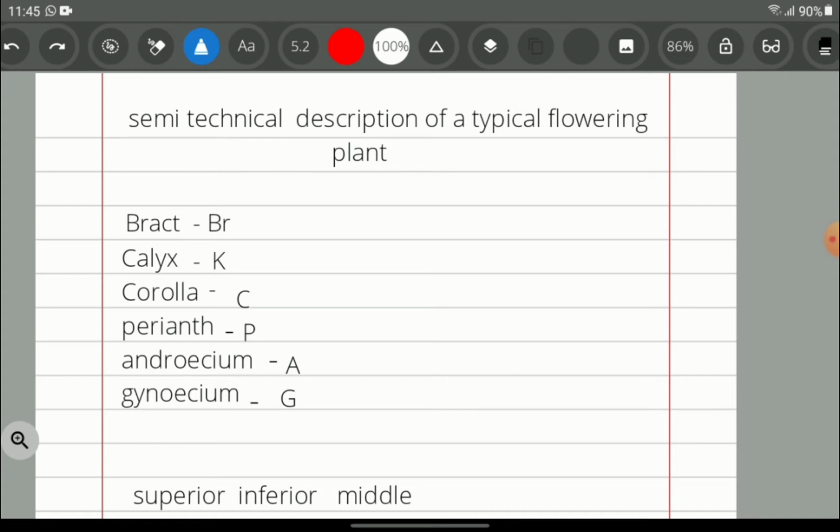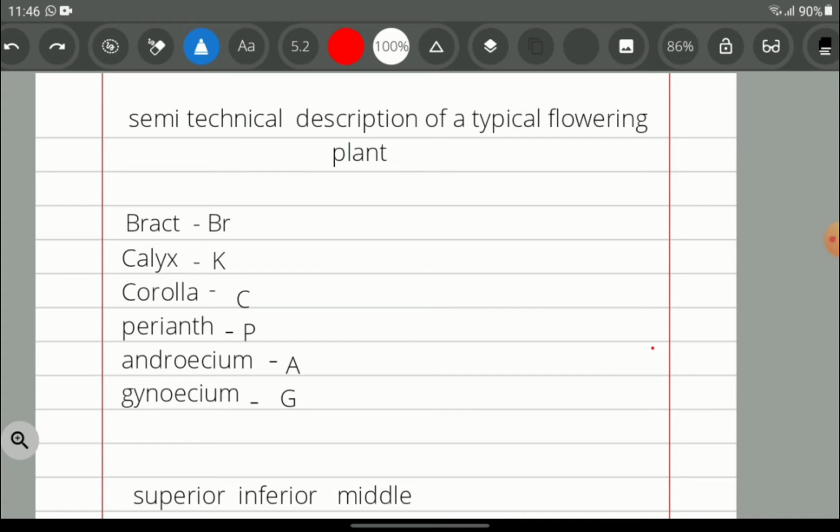So why do we need this floral formula and this floral diagram? See, when you say a floral formula, it is a condensed form of saying how the plant looks like. It says about the bract, petals, sepals, perianth, androecium, gynoecium, and all those things. It also says about the symmetry, and whether the plant is bisexual or unisexual. Some commonly used terms for writing the floral formula are given over here. Let us go through the list.